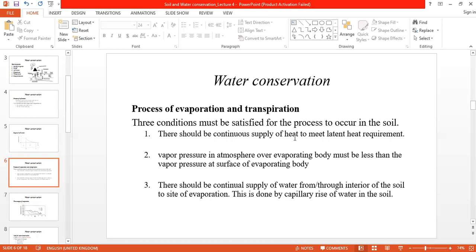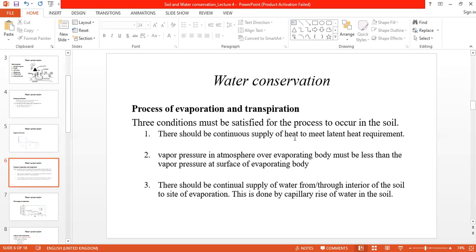So it's evaporating out. The main driver of this one is heat. If you have heat on your soil, your water gets warmed up and it changes from liquid to gas, and then it evaporates out of the